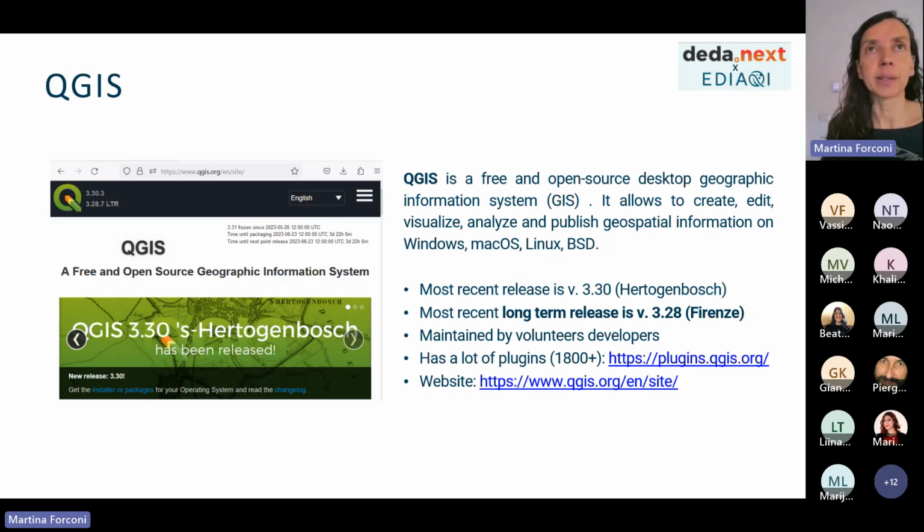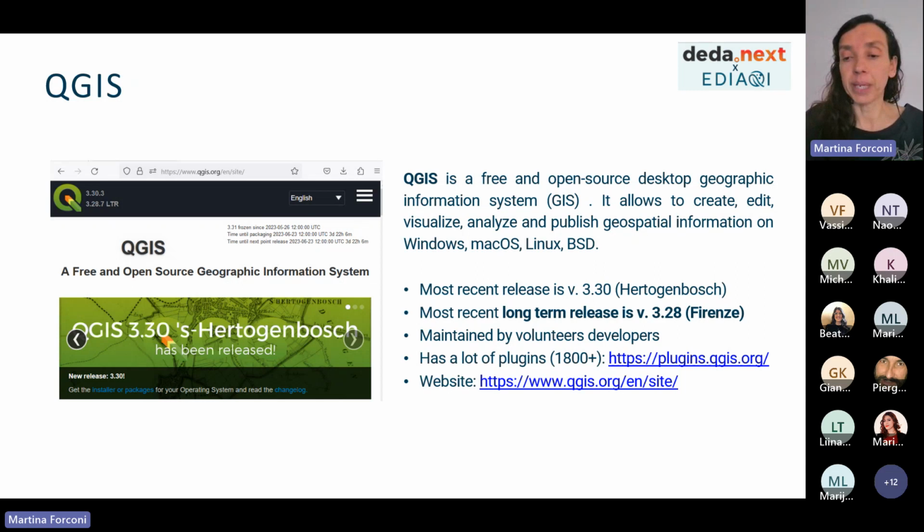You can see data that are on your local PC, but it's important because you can also connect to standard services. The most recent release is 3.30, but the suggestion is to install the long-term release that is more stable, and the long-term release now is 3.10.28.